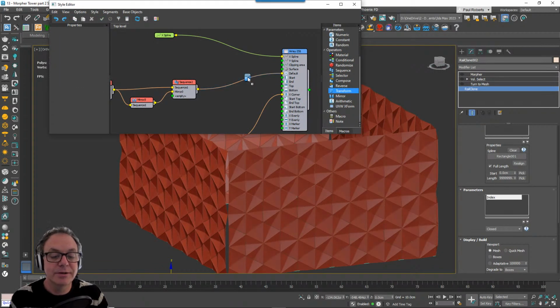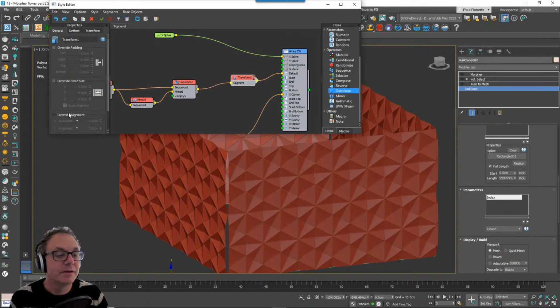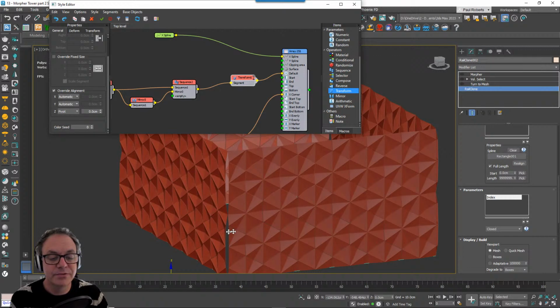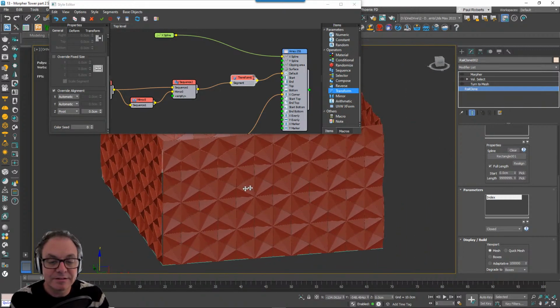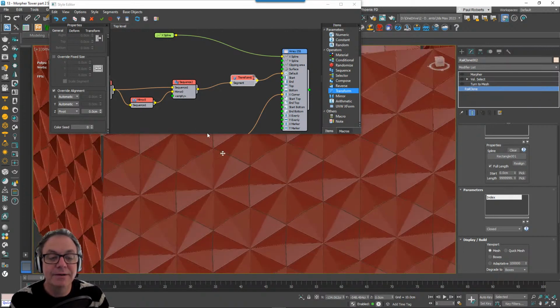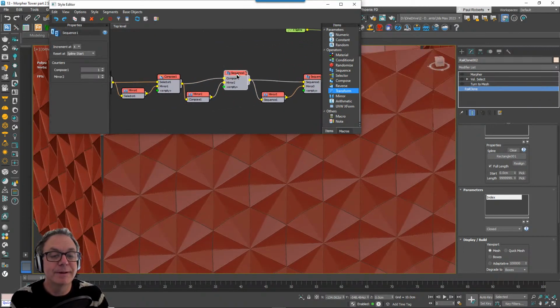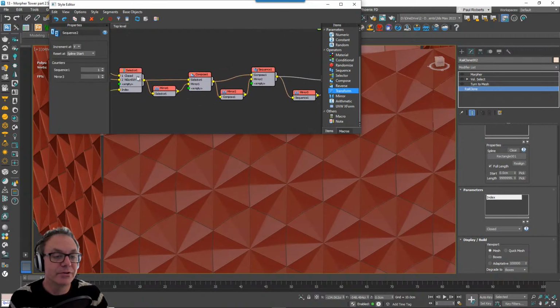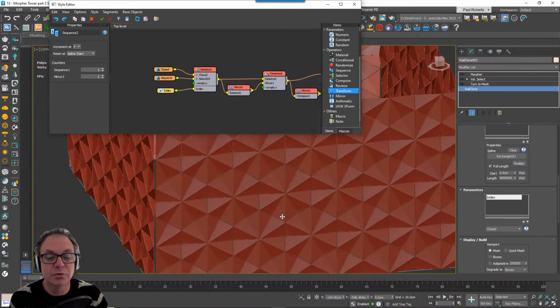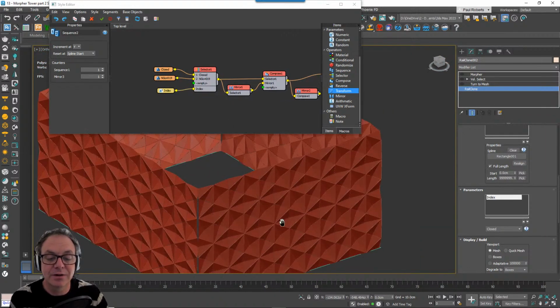Just add a transform node in there, change the alignment on the Z-axis to pivot, just to pull in the corners a bit. We can play with that. Okay, so that's kind of working. That creates quite a nice pattern, but all I've had to do there is basically sequence it using some mirrors. So I'm sequencing on X in this case, sequencing on Y, and from just one very small, simple piece you can create quite a complex pattern.